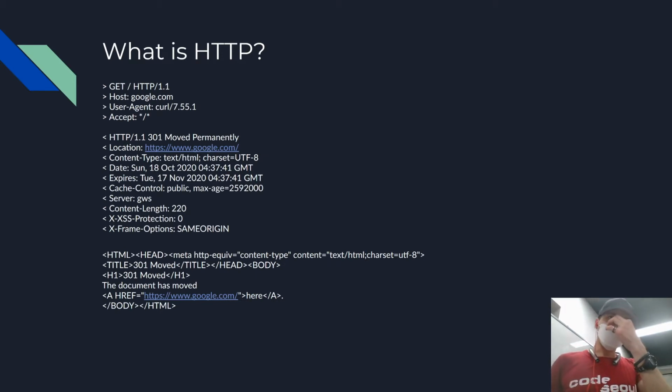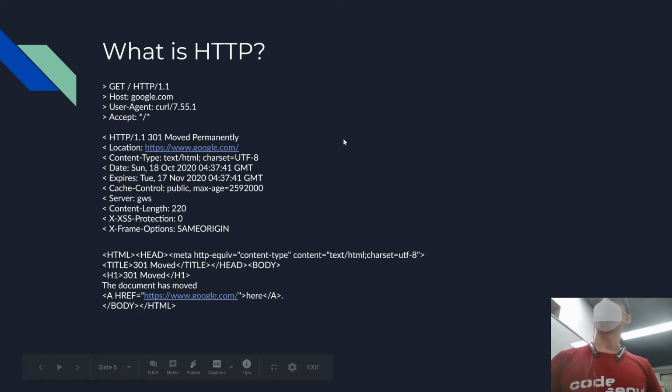Now, most APIs these days use something called HTTP. If you've typed in a web address, HTTP, it's the same thing. Okay, it's short. So this is actually an example of an HTTP request. Your browser is doing this kind of work in the background, and you don't have to see it. The browser does it for you. So the browser says, hey, I want to get data from google.com